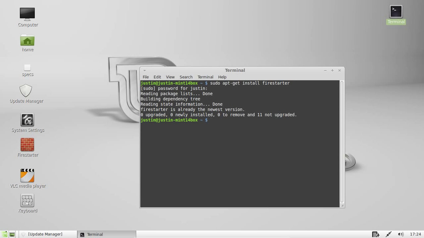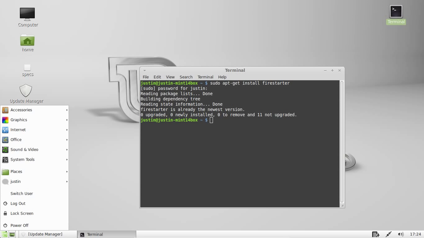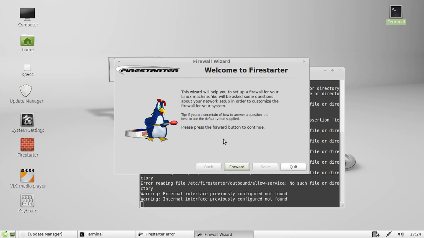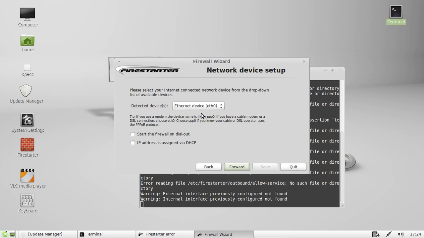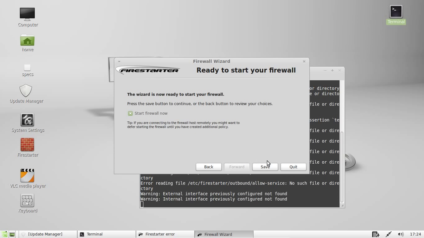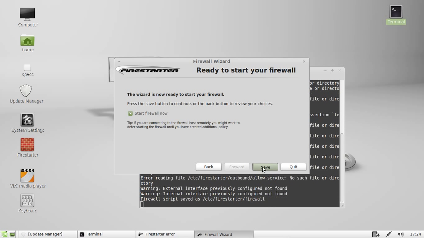Great, now it's installed. What you can do is find it in the applications menu, or even simply type in sudo Firestarter and hit enter. And the great thing about this is it's got a firewall wizard, so you can punch through that and select your devices. That might be a wireless device, not an Ethernet device, and just keep going forward. Enable connection sharing, it's up to you what you want to do there, and then save all those settings and